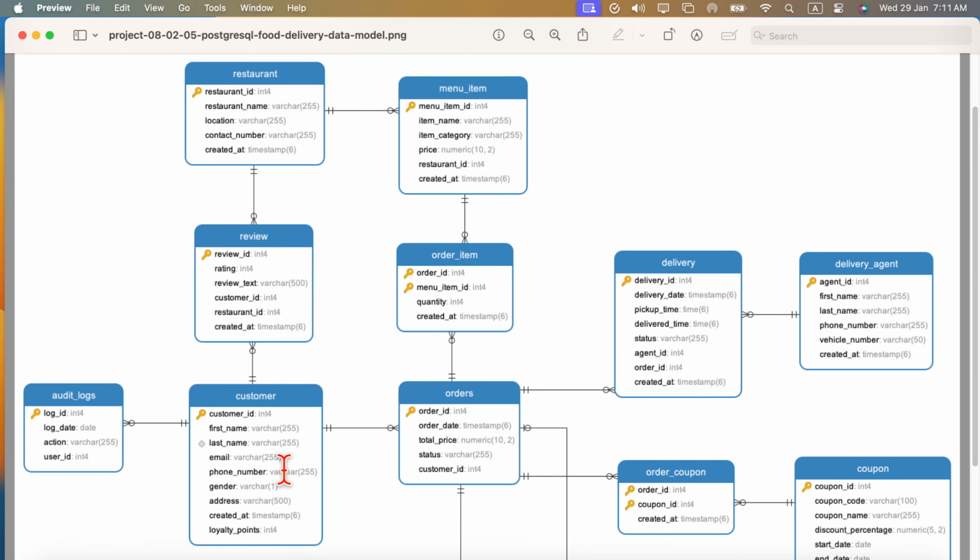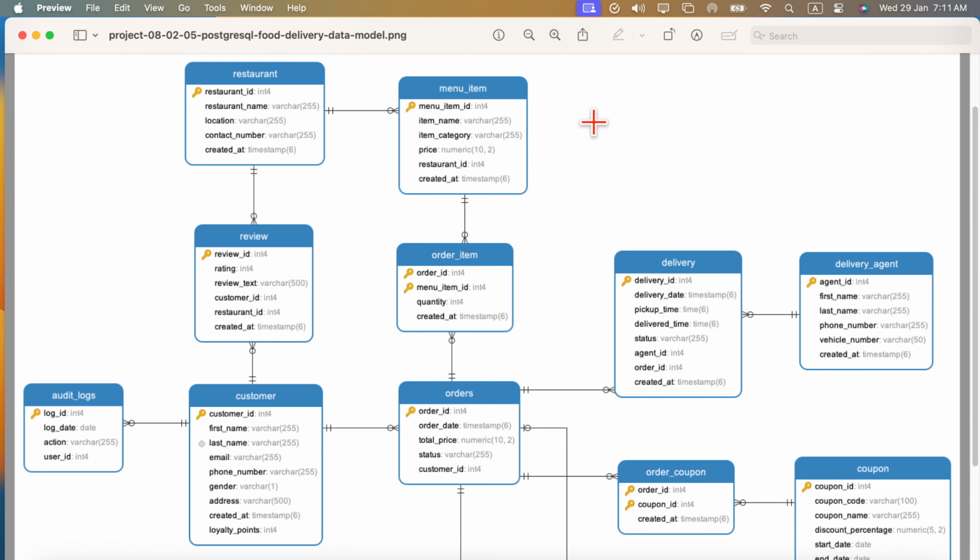Okay, so here we have customer. He will place an order. So this order comes from the menu item. Okay, he can order multiple menu items as a part of a single order. So this table joins menu items and orders. These menu items come from the restaurant table. Okay, given there will be multiple restaurants, each restaurant will have their own menu items defined in this menu table. See, I didn't go to the nth level of, like, let's say item category can be a different